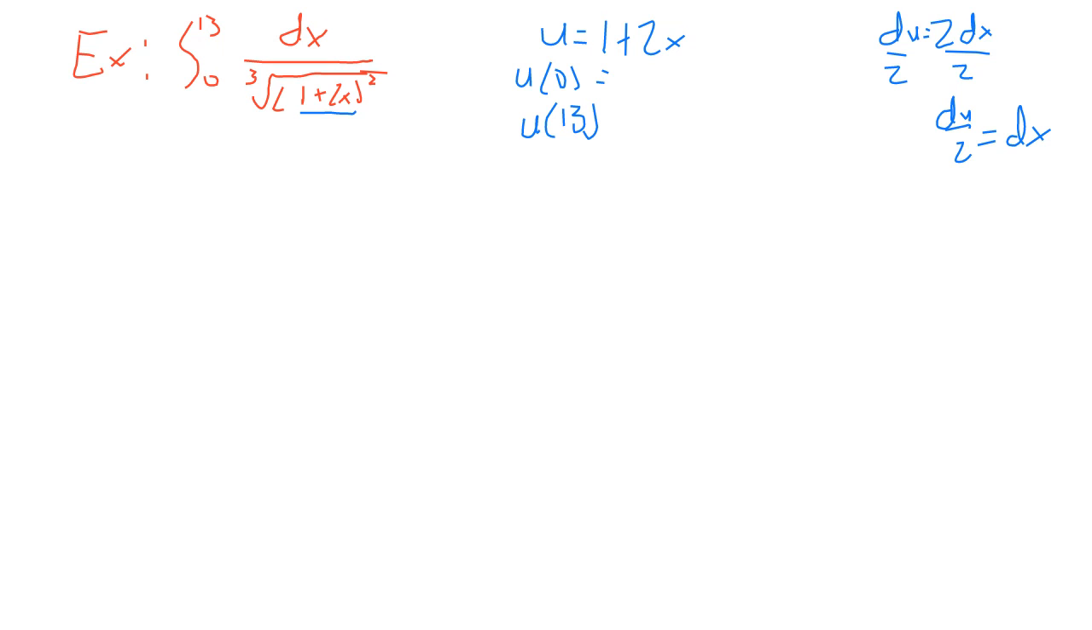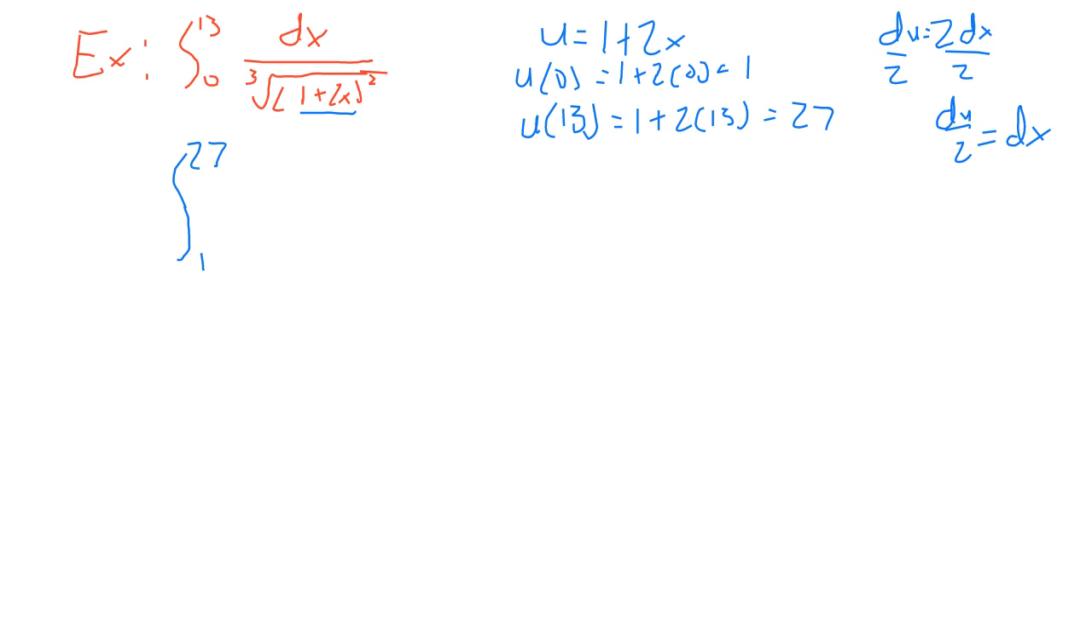And then we have u of 0, so we just plug in 0 for u, where we get 1 plus 2 times 0, which is equal to 1. u of 13 is 1 plus 2 times 13, which is 27. So now we can go ahead and reset up our integral. We can integrate this time from 1 to 27